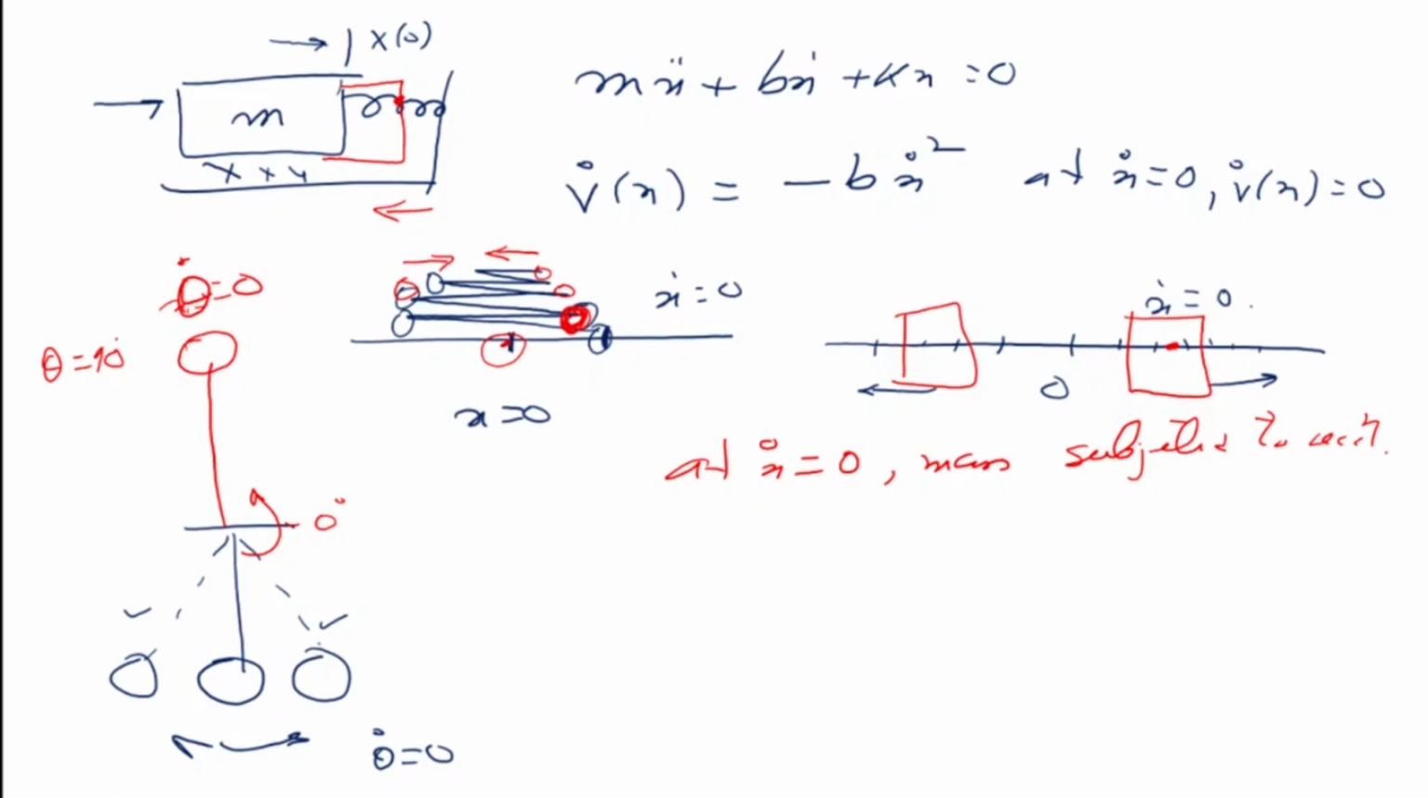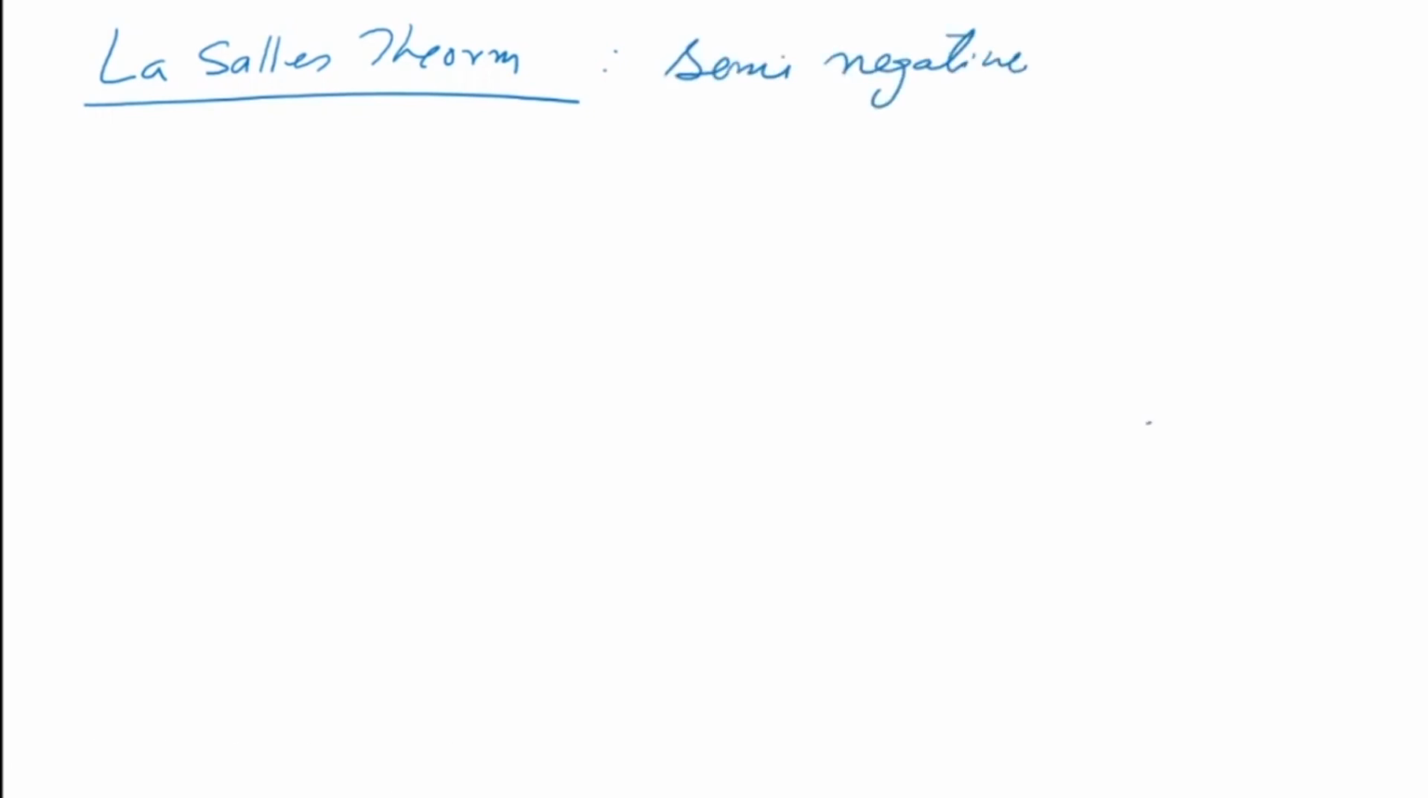That at the extreme points, the mass is subjected to an acceleration and it is coming back. But how can we prove that? So we have a second theorem which is called the LaSalle's theorem, for semi-negative definite systems. Okay, now what this says is that let